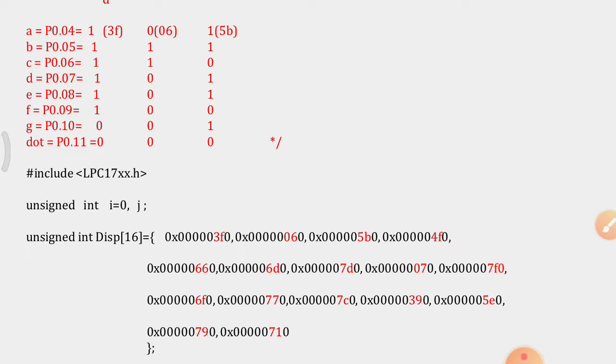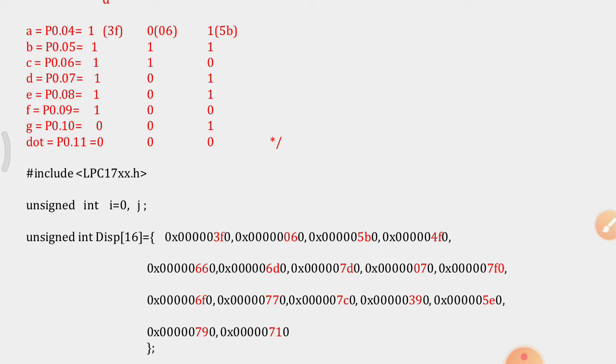The hex numbers I am going to put here, as we have seen above: to display 0, 3F; to display 1, 06; to display 2, 5B. These values I am going to load into this array.